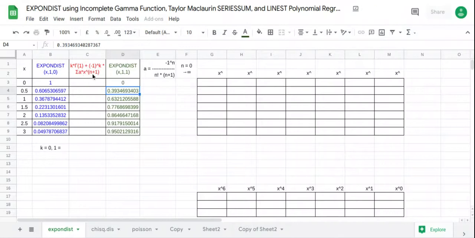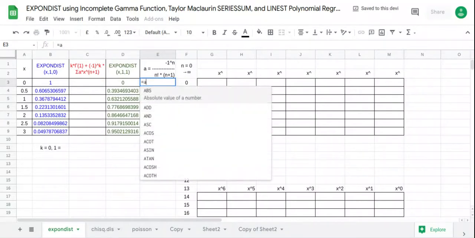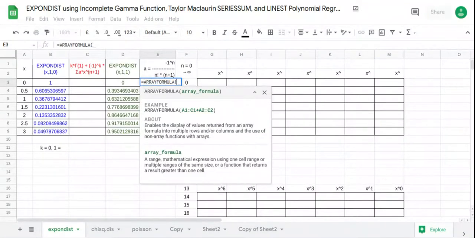So we begin with the series sum, which is the summation of a times x to the power n plus 1, where a is the coefficient, negative 1 to the power n over factorial n times n, the quantity n plus 1. And our value of n is from 0 to infinity. In this case, 16 is good enough as an approximation. So our coefficient will be negative 1 raised to the power n